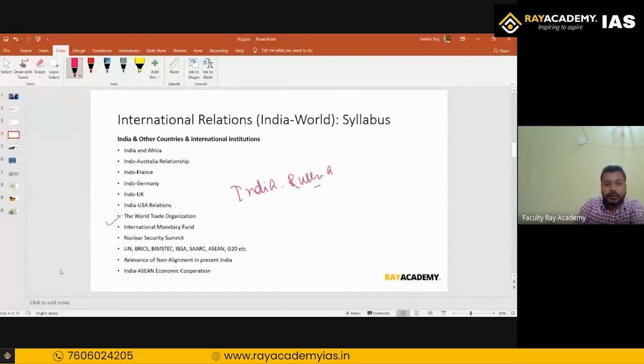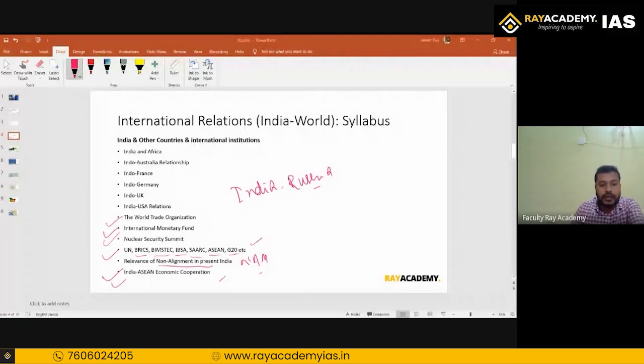Then you have WTO, IMF, Nuclear Security Summit, United Nations, BRICS, BIMSTEC, IPSA, SAARC, ASEAN, G20, etc. Then you have the Non-Aligned Movement, NAM, and India and ASEAN Economic Cooperation. So this is your detailed syllabus of India and the world and international relations up to the general